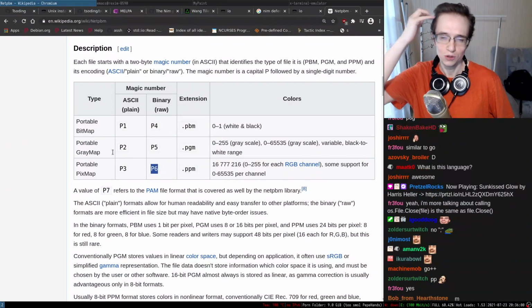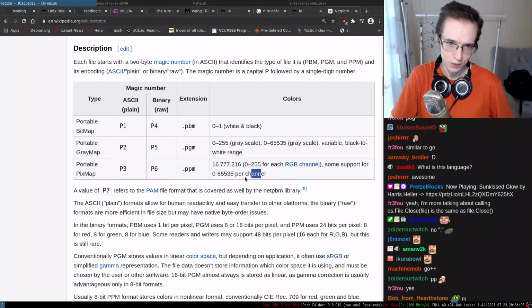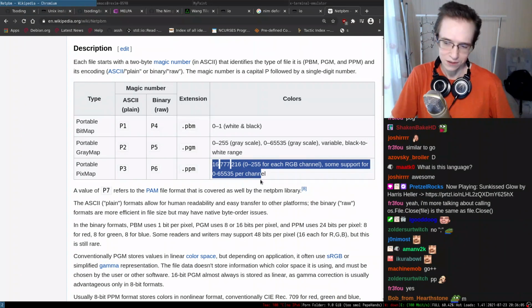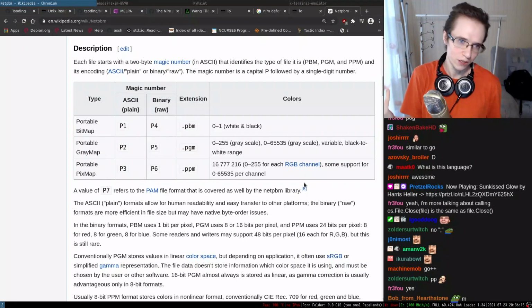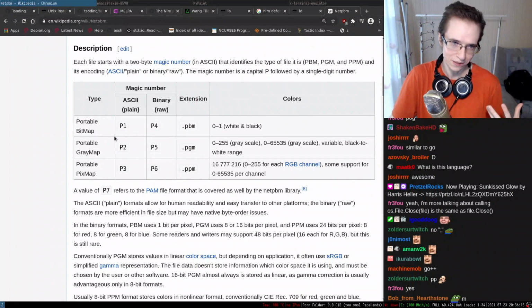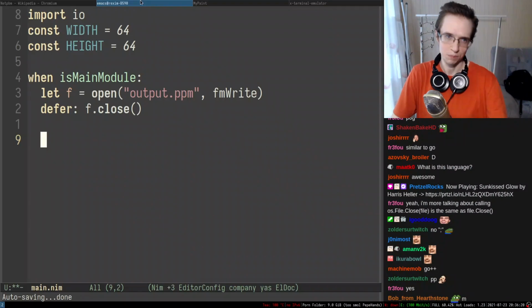Because it allows me to dump in a binary format in RGB. So it makes it a little bit more compressed, if you know what I'm talking about. But I mean, it's not going to be super compressed because there's no compression in there. It's just not going to take as much space as any of the ASCII formats, because ASCII formats usually take more space to represent a pixel.